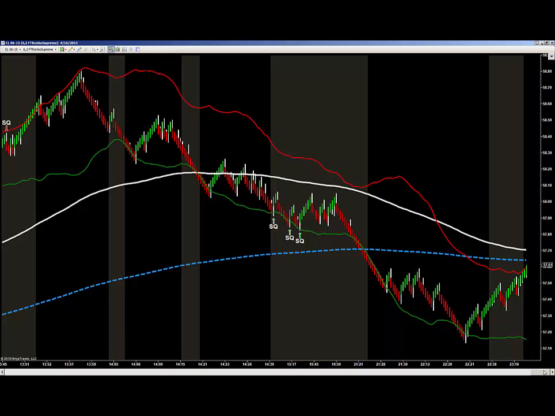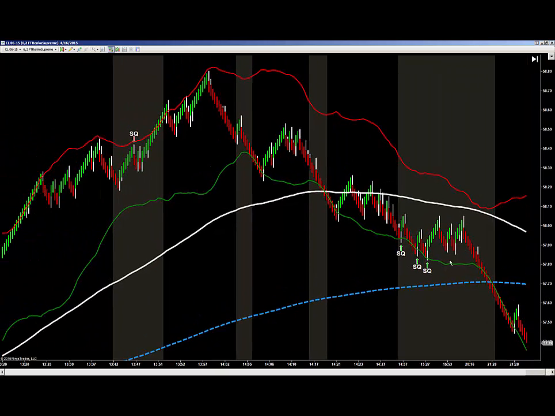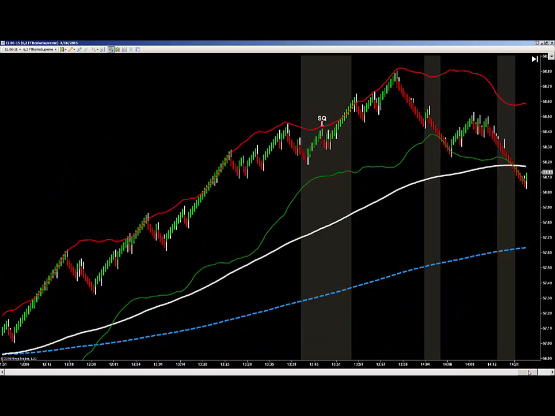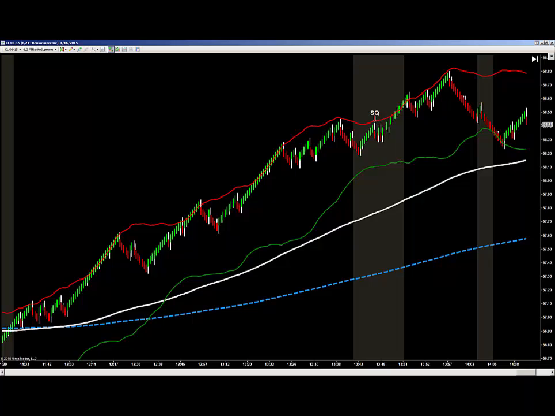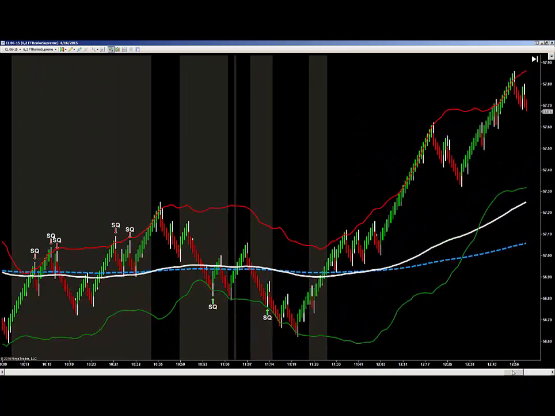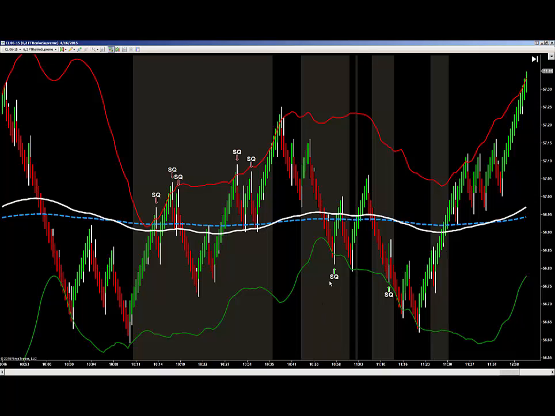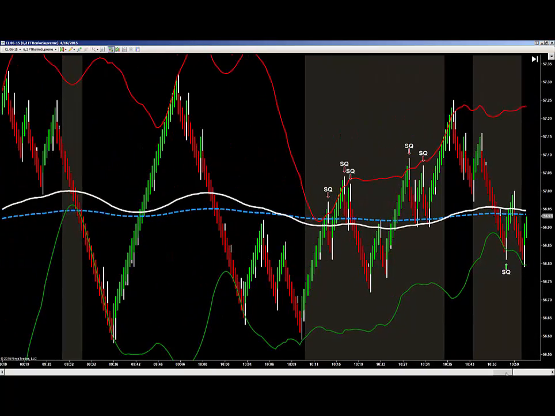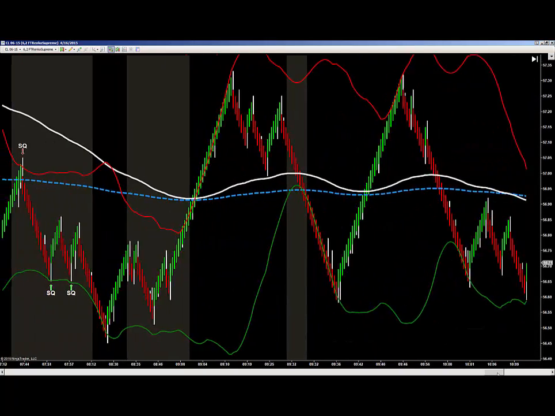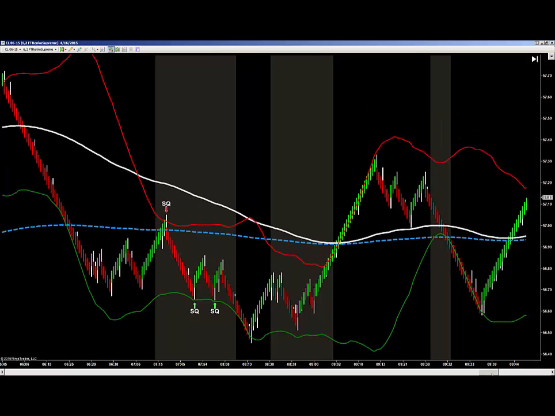And this is the process. So now we have these signals on. And right off the bat, we noticed these didn't work out so good. Well, we had our 200 slope going against them. And okay, that's something to notice. That one didn't work out too good. Okay. So you start to notice some things. Now maybe we're accepting too many of these. Now maybe we want to get a little more